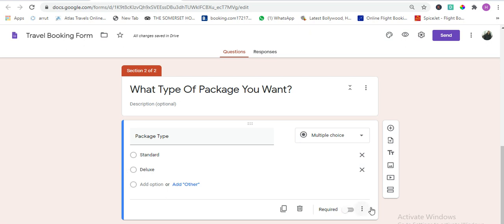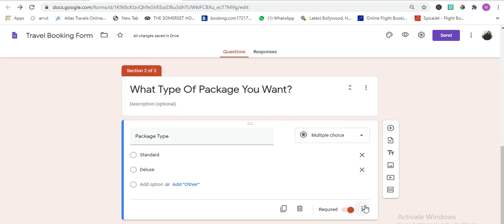Now the most important part after filling up these two options is to come down and click on these three vertical dots. First you have to make this required. This is mandatory, because only if they select either of the options will the Google form take them to a particular section. So this question has to be required and mandatory.